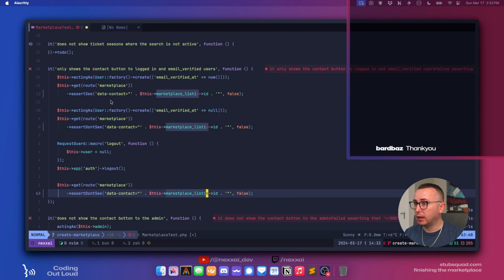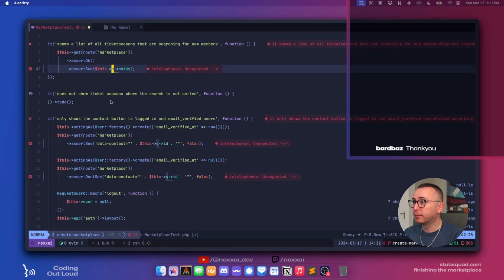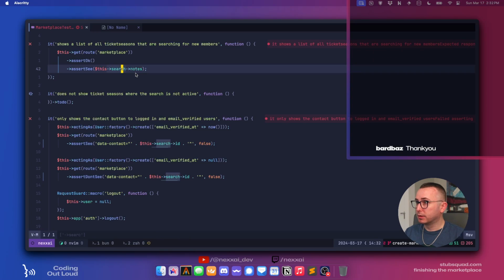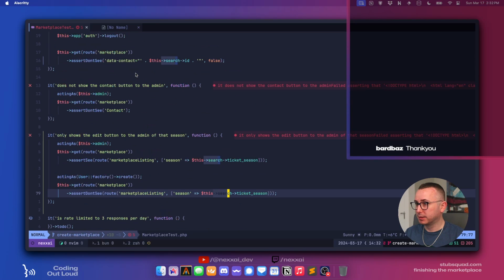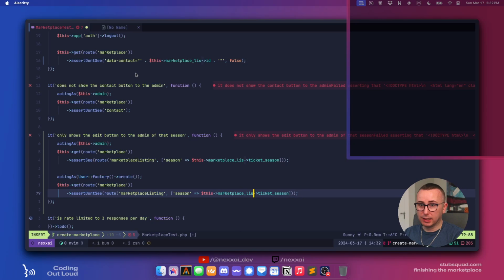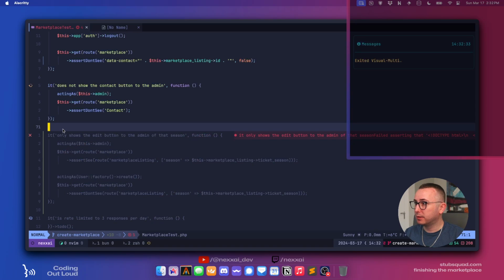Ah, damn it. Visual mode. Let's try this again. Search. Okay. Marketplace listing. Okay. So now these should all pass. Hopefully.